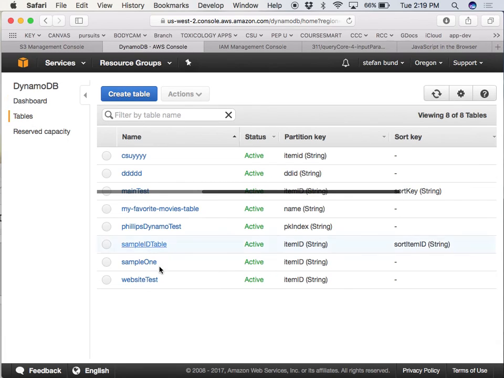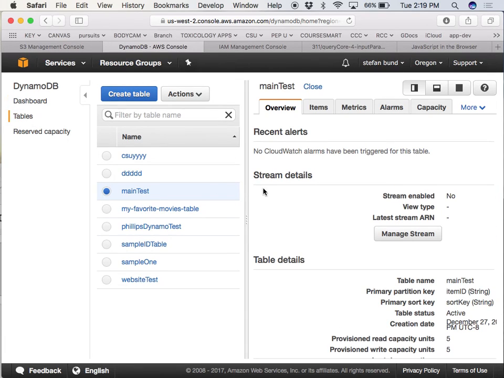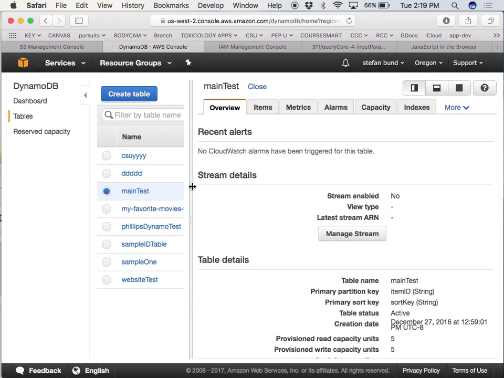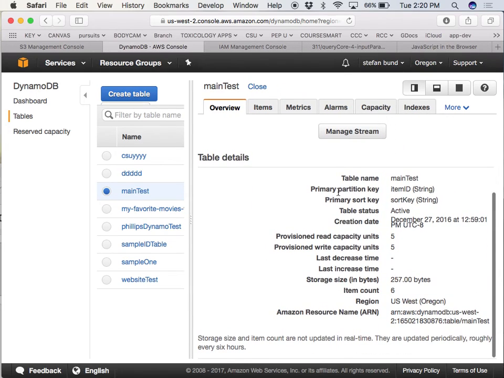So I have a couple tables here. I'm going to use main test today. A couple attributes that I've set up is that they have what's called a partition key and a sort key. Now, they don't have a primary key here. You can use a primary key if you wish, but it's more important that you have a partition.